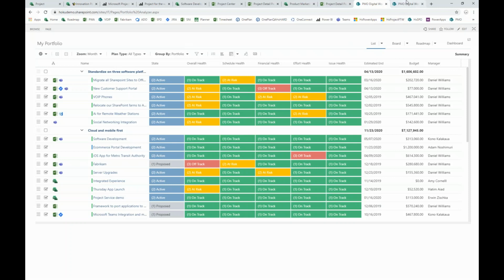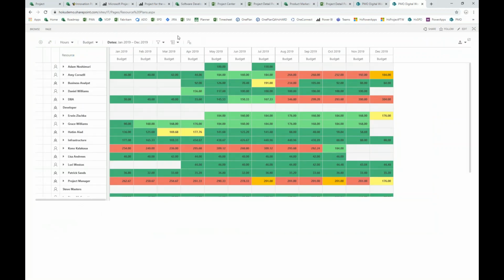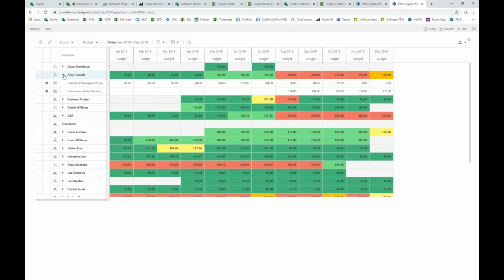And then finally, one other way of visualizing that same work that's happening, no matter what tool is in play, is through our comprehensive resource planning views. So in this view, we're seeing a list of our enterprise resources. We're seeing a timeline view for this current calendar year, and we see a heat map of where these resources are under or over allocated based on allocations across a variety of enterprise projects that are being delivered within the